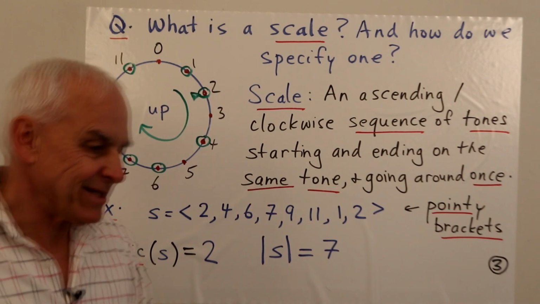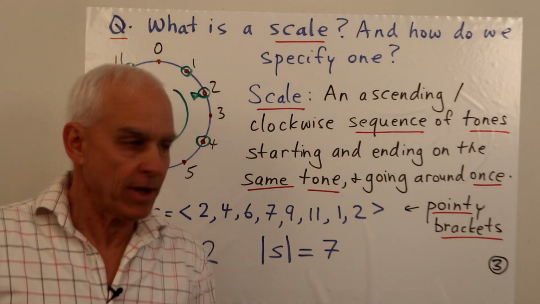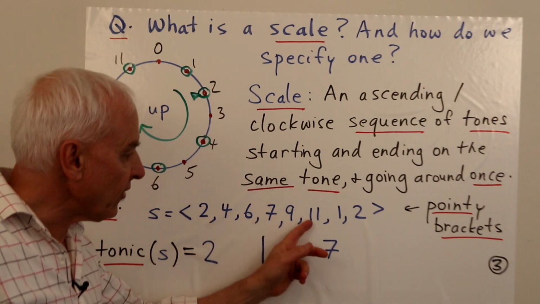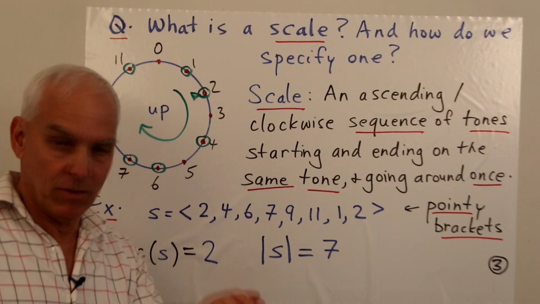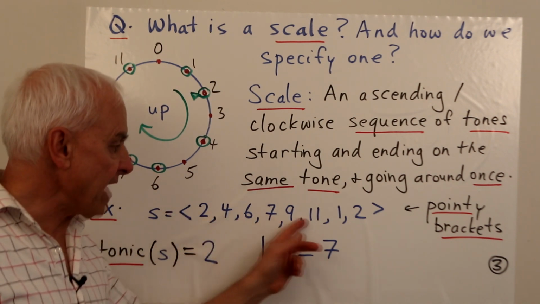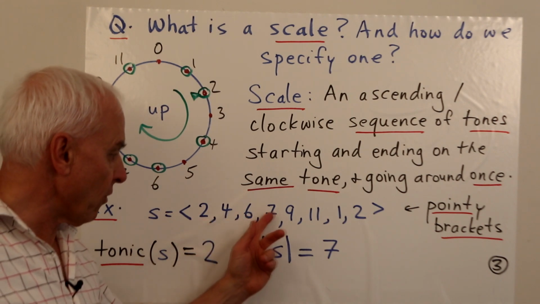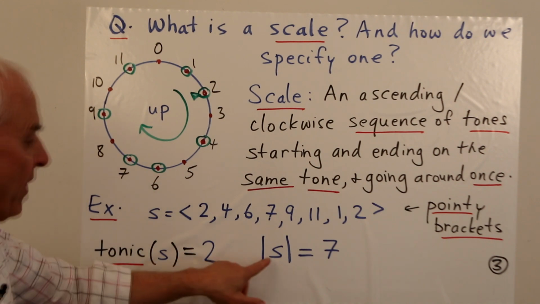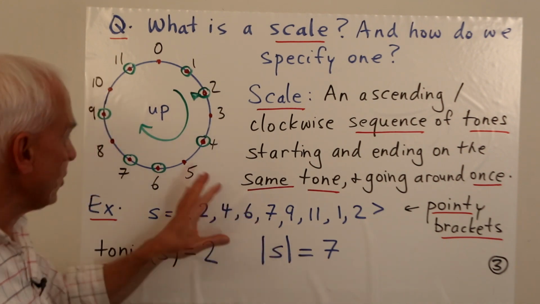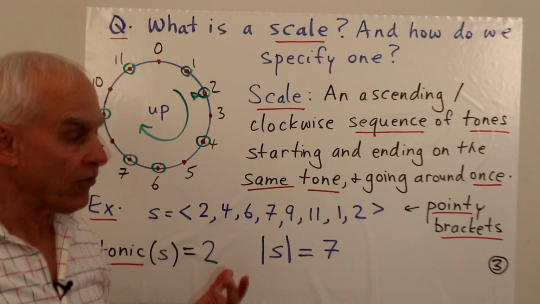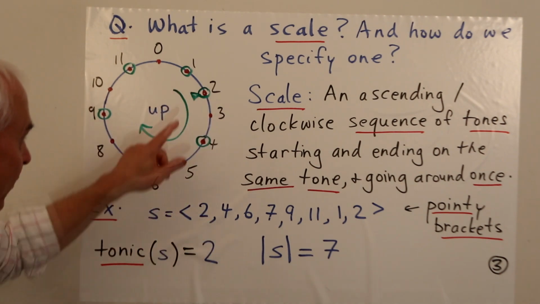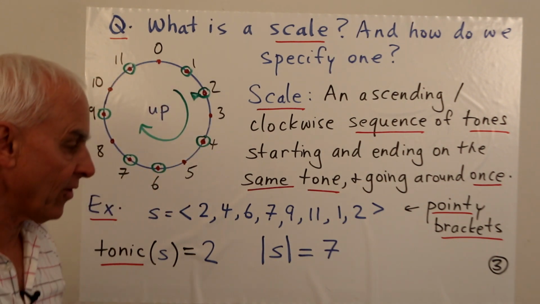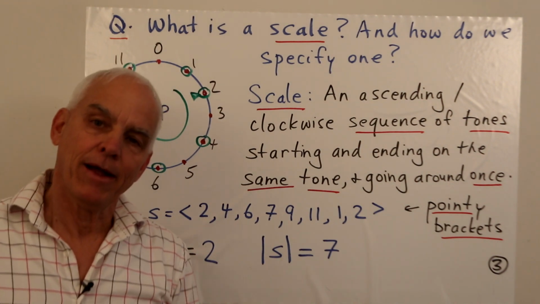And another thing that we're talking about is the size of S. Now this is some kind of list or sequence. It has 1, 2, 3, 4, 5, 6, 7, 8 elements. But this last one is really the same as the one we started with. So there's really 7 distinct elements in this scale. So that's what we're going to say is the size of S. So in terms of this picture, it's just the number of circles. The circle does not get counted twice, just gets counted once. So 1, 2, 3, 4, 5, 6, 7 circles. The size of this scale is 7. So that's what a scale is.